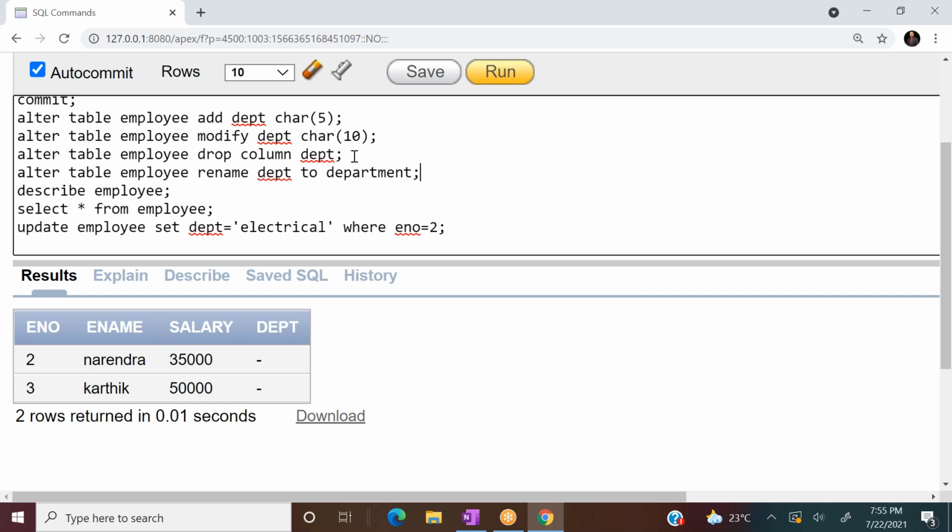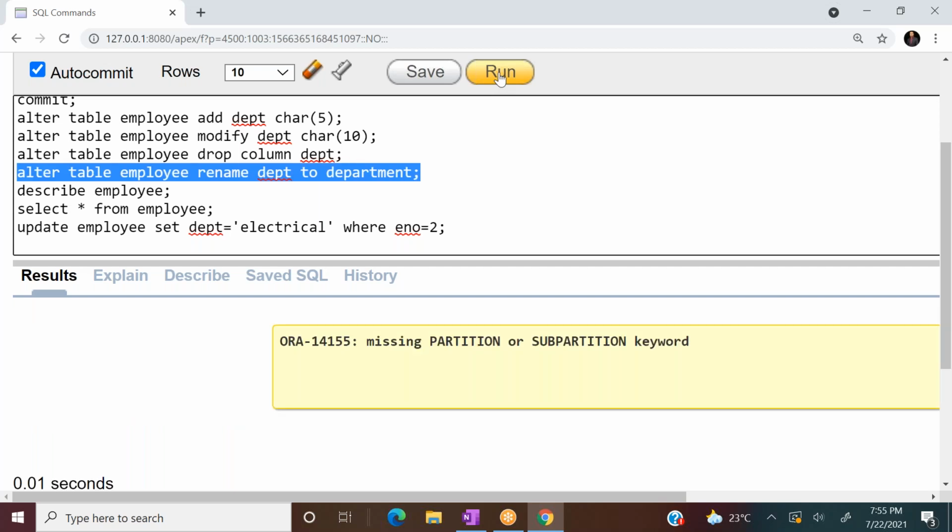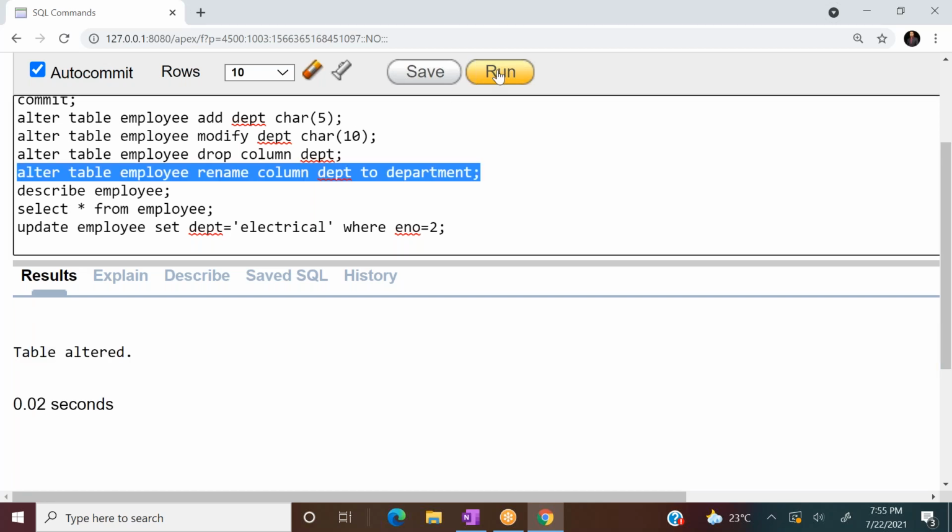Just execute this query and check it out. Okay, missing partition. Just let me check. Look at here, rename column.